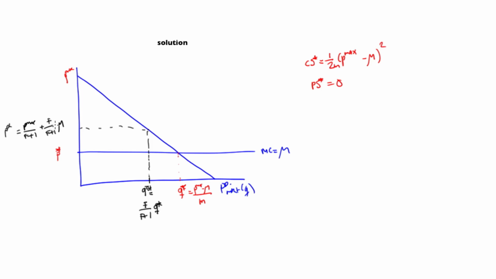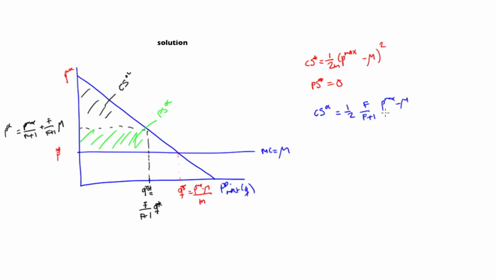Now, consumer surplus is going to be given by this area in the case of the oligopoly, and producer surplus is going to be given by this area. So let's compute what those numbers are. Consumer surplus as a function of F in the case of the oligopoly is going to be the triangle, so 1/2 times that distance, so F over F plus 1